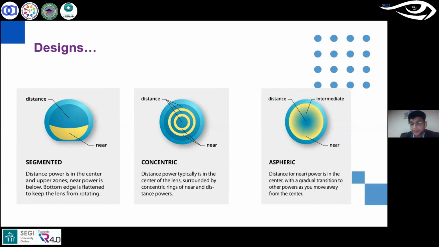Now, depending on the manufacturers, there can be either a center distance, that means the patient's distance prescription is at the center, or a center near, that means the patient's reading prescription is at the center. So do remember that concentric designs are still used, but they're used more for myopia control than for giving a presbyopic correction. So these were the three designs which evolved, and now most of the lenses you come across will have aspheric design. May it be scleral lenses, RGP lenses, soft contact lenses, even IOL multifocal contact lenses do have an aspheric design. So this is the design which everybody is using nowadays.